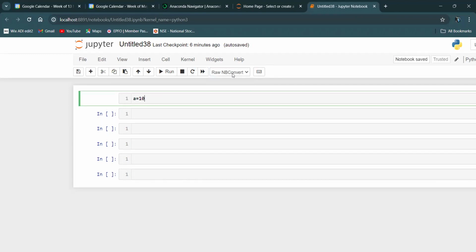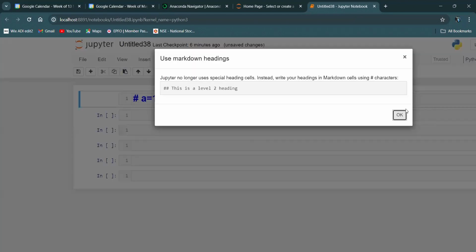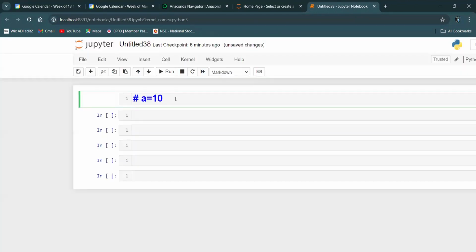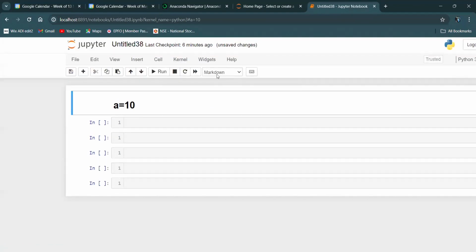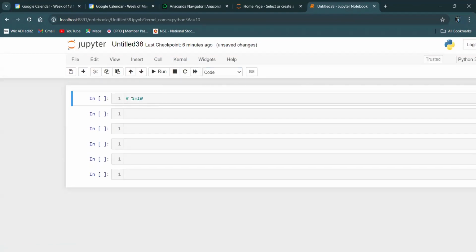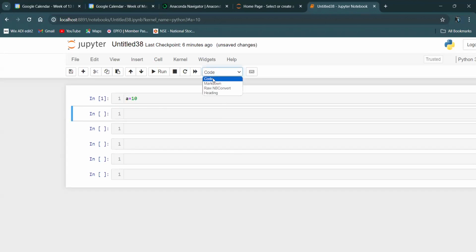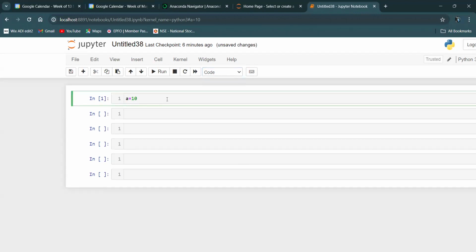It will just keep as it is. If you want to make that to be heading, you can print the headers there. So please remember, if you are using any code, make sure the drop down is in code. By default, it will be in code, but if you want to modify anything, you can do it.